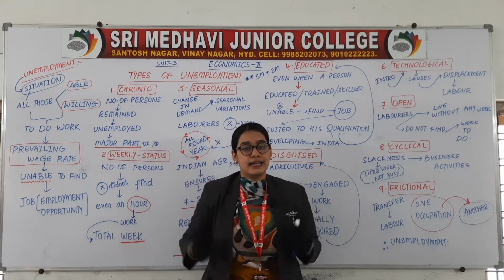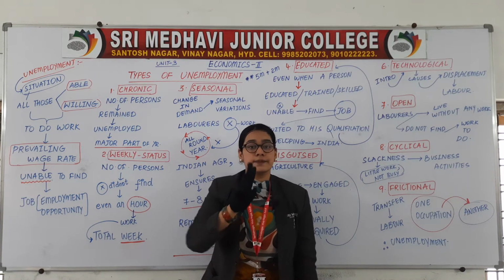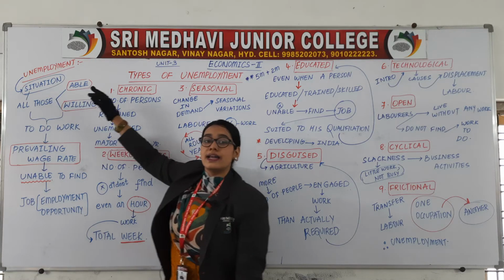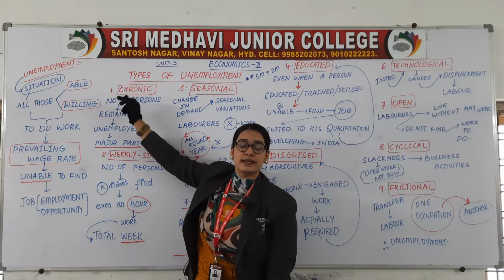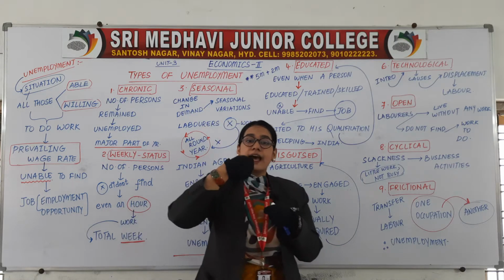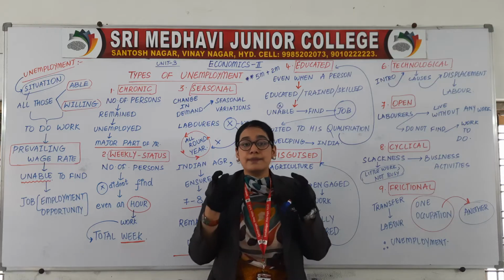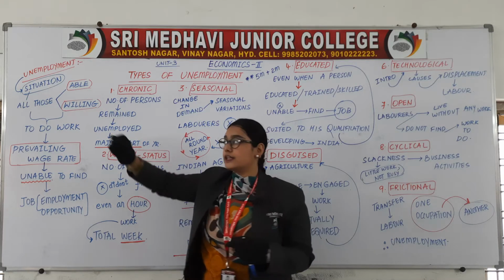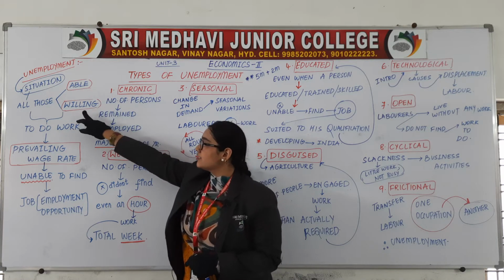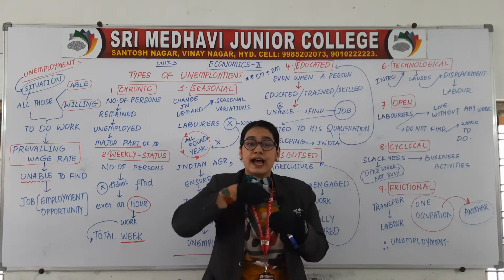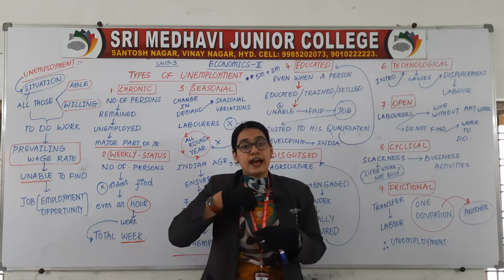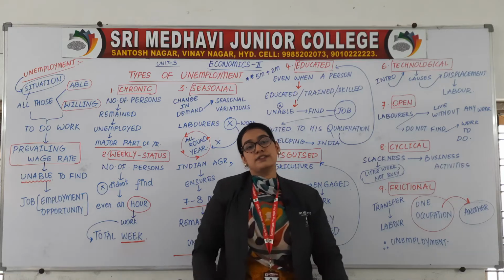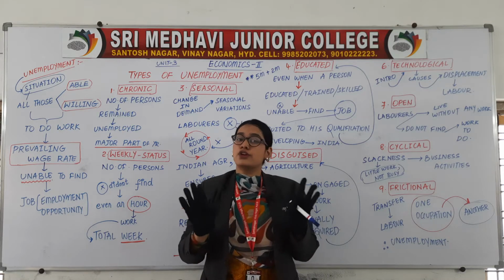Like, what is unemployment? There are 2 conditions. It is a situation in which all those who are able and willing to do the work, that means the person must have the ability to do the work, he must be capable enough, he must be healthy enough. That is the first condition, that is able to do the work. Second condition is willing to do the work. You must have a desire to do the work. You must have a wish to do the work happily. You should not work under someone's force. Unwantedly you should not do any job.